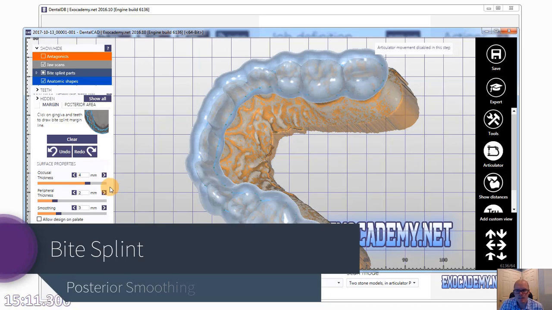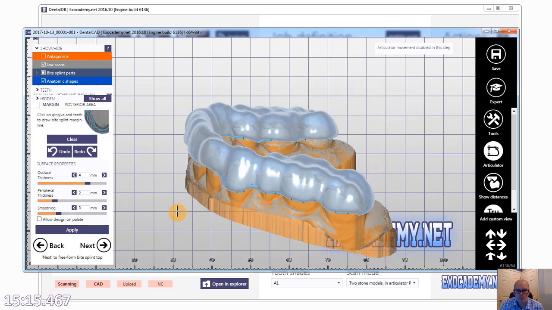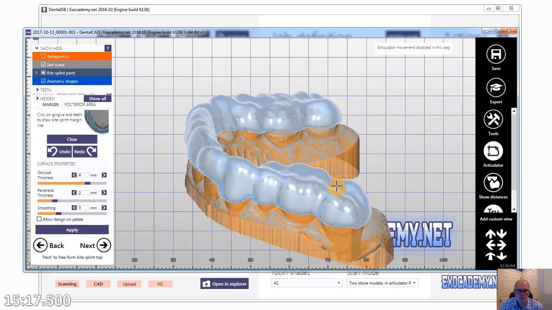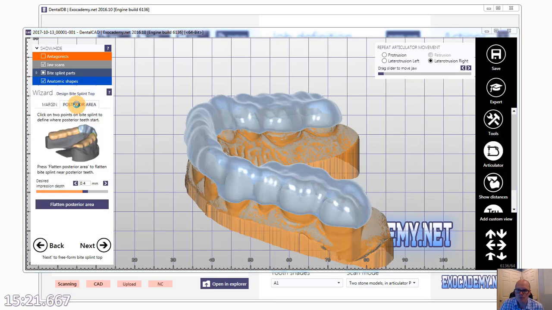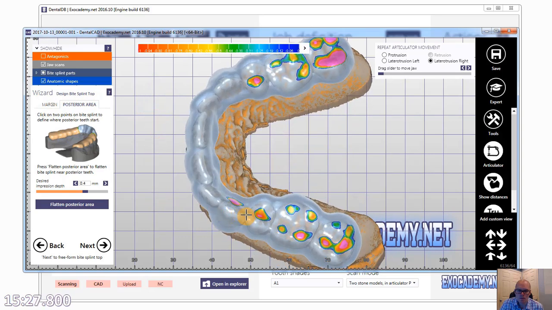Before clicking next, you can see the posterior has lots of contours. If we click the posterior area tab and click in between our canine and first premolar on each side,